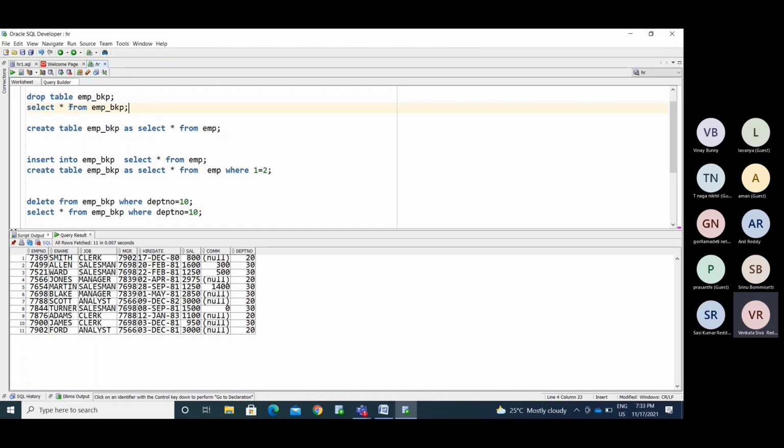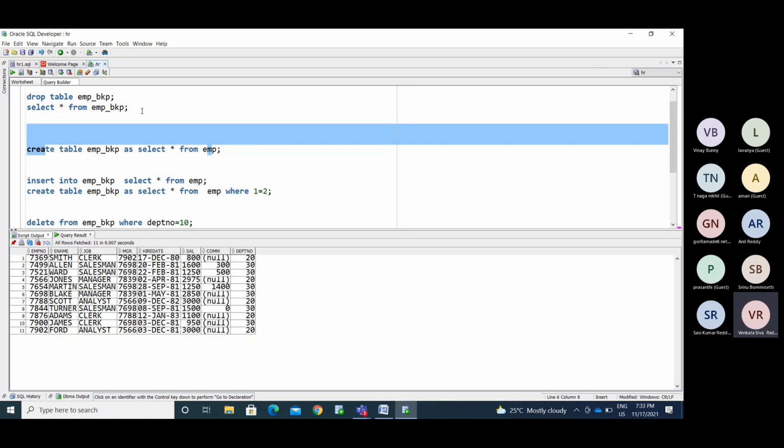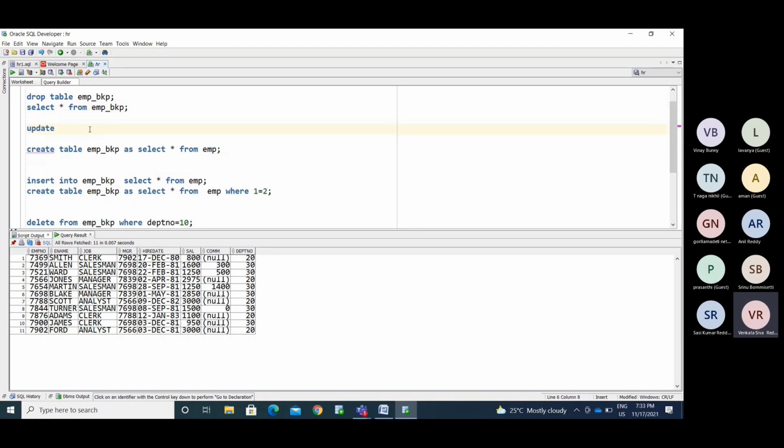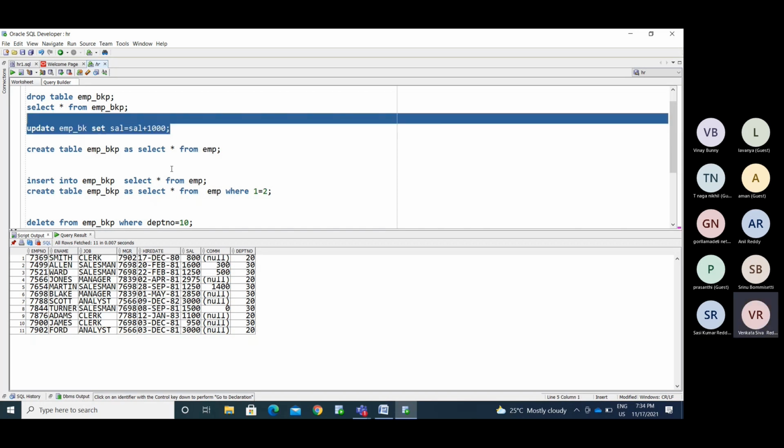Out of this, now I'm updating some information. Update EMP set salary equals to salary plus 1000.